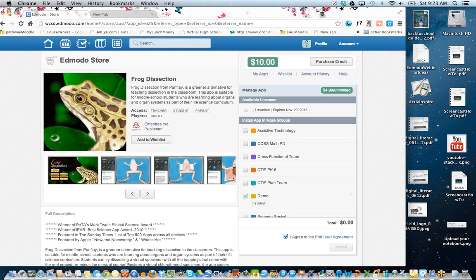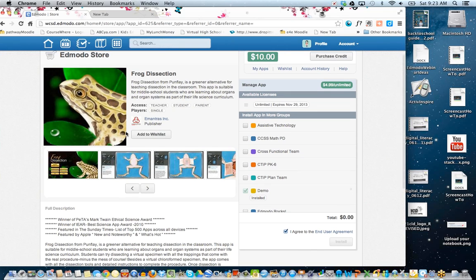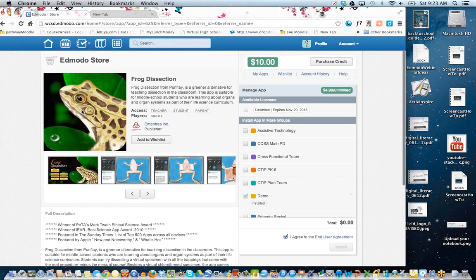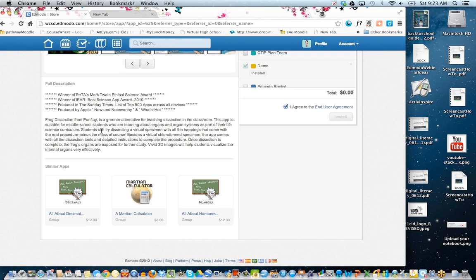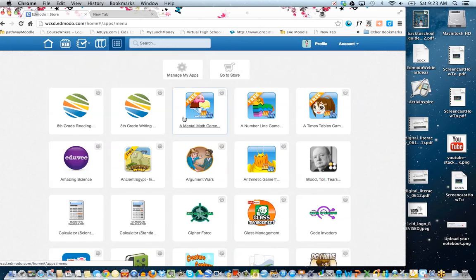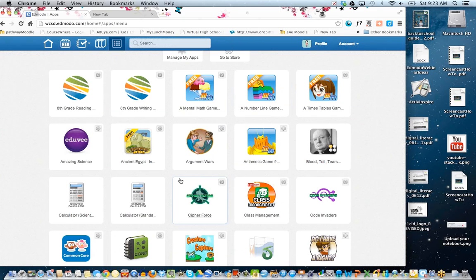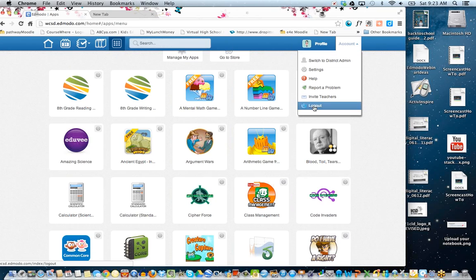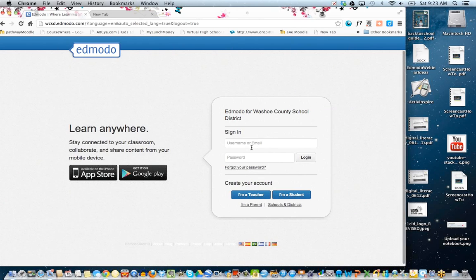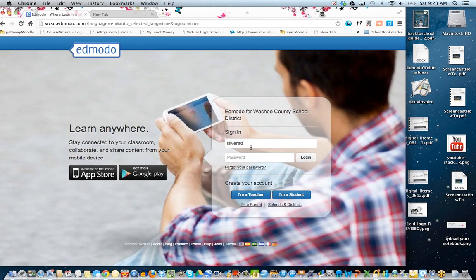And again, these are all available to you as a student in my games and simulations class. So especially some of those paid ones, you guys can look at those from there as well. I am going to log in as a student, show you guys what this would look like. I have a little student account that I use.